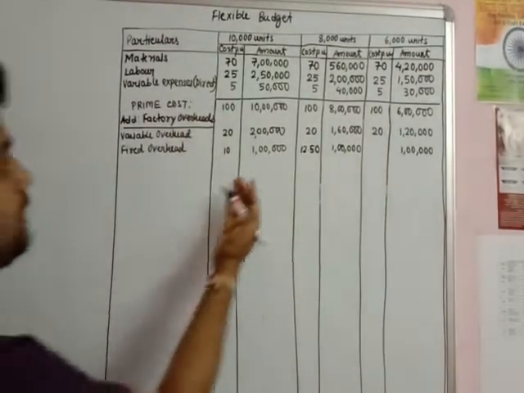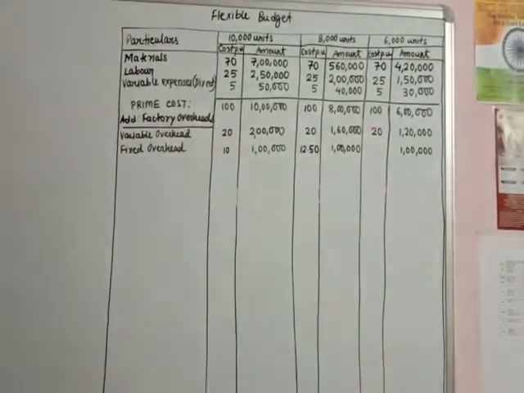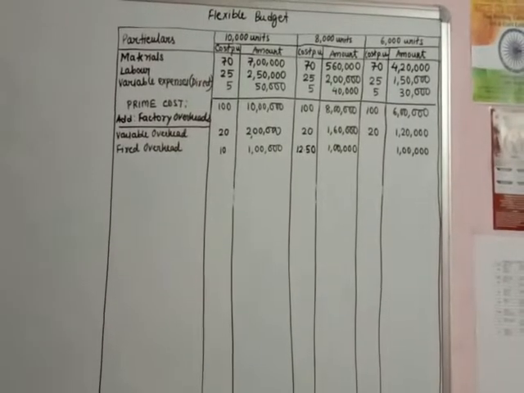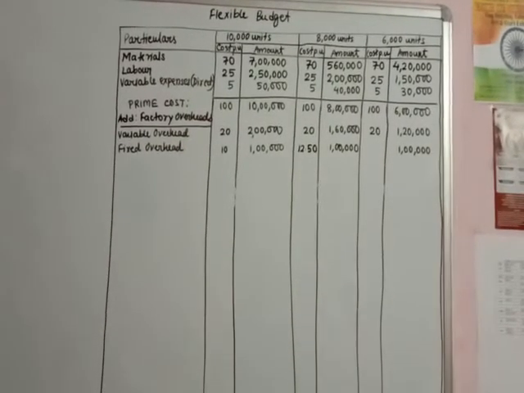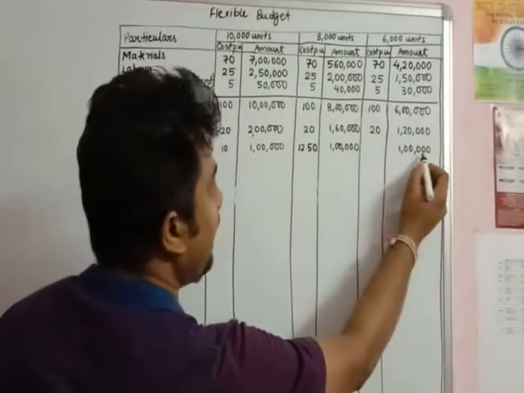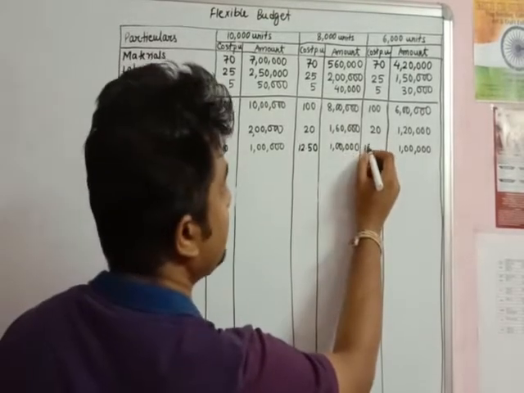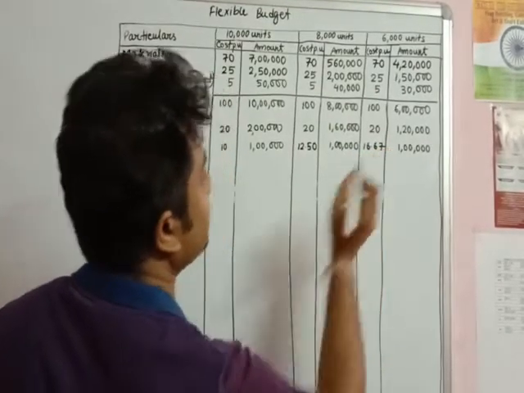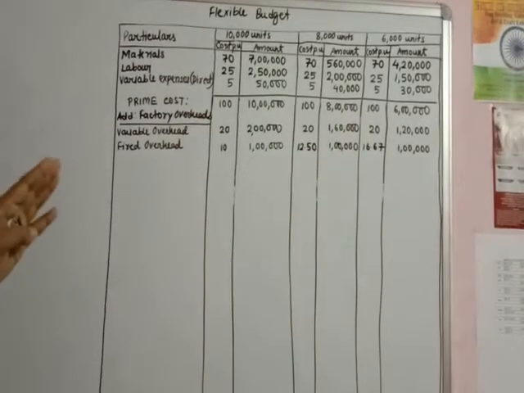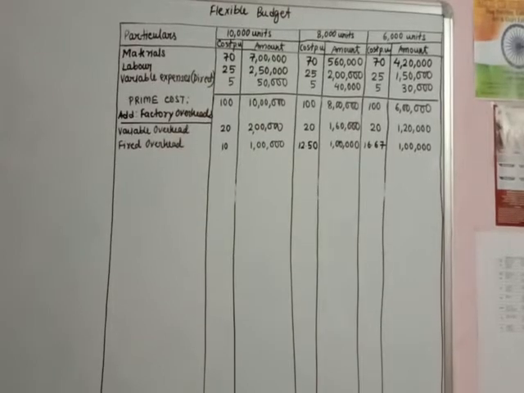So now here we are decreasing the production. Hence what we find is that the cost per unit is increasing. Now we'll do it for 6,000 units. In case of 6,000 units, the total cost is 1 lakh. To find the cost per unit, you take 1 lakh divided by 6,000. So how much do you get? You get 16.67. Now these are the cost per unit of the fixed overhead at different levels of production.